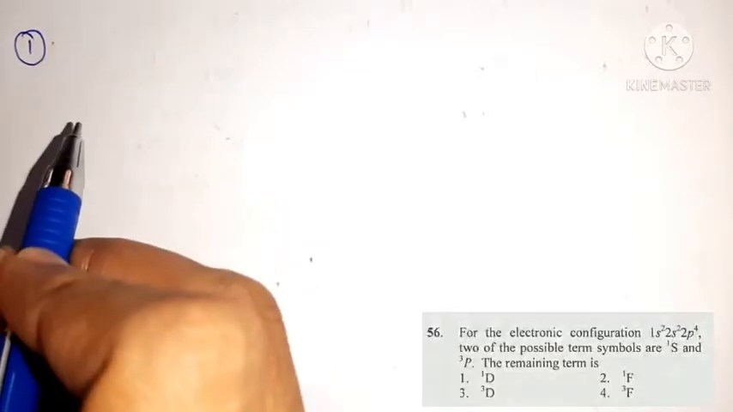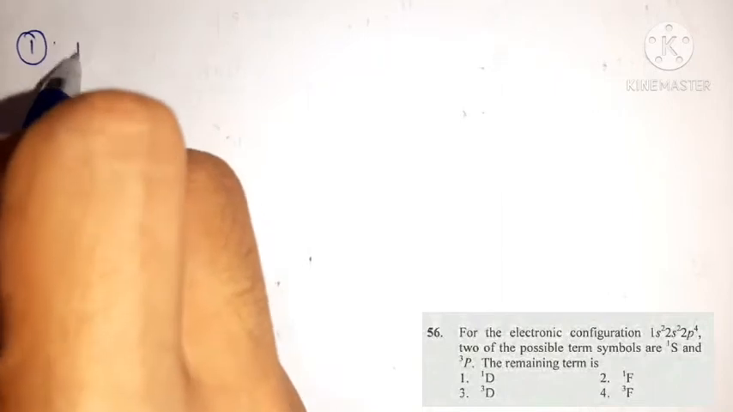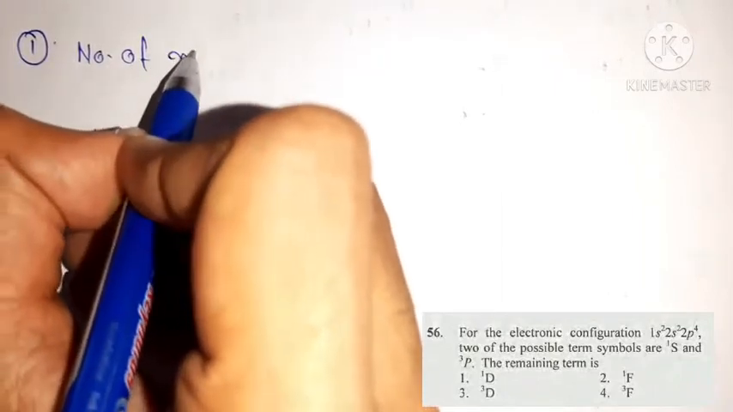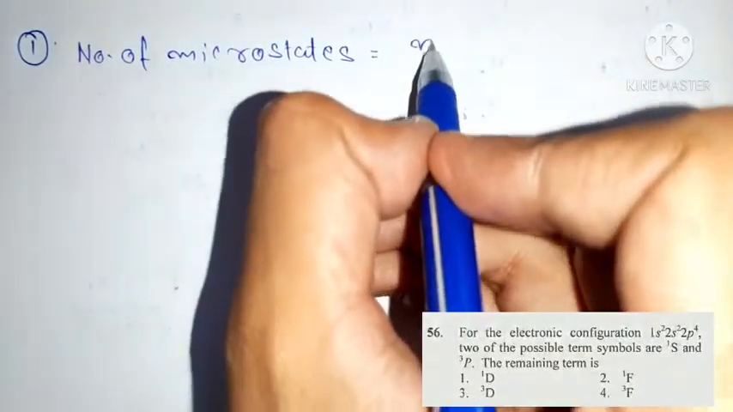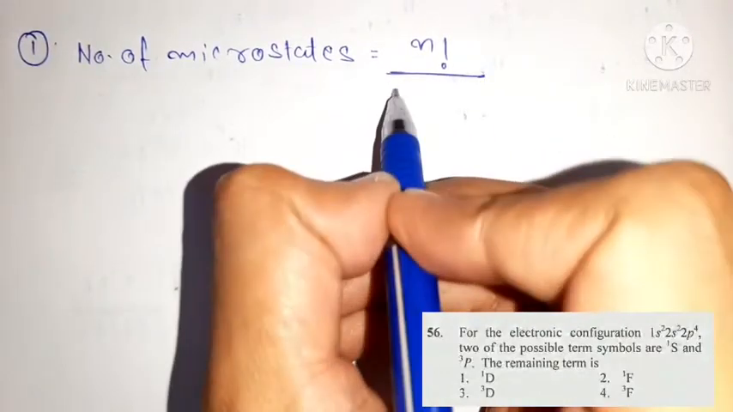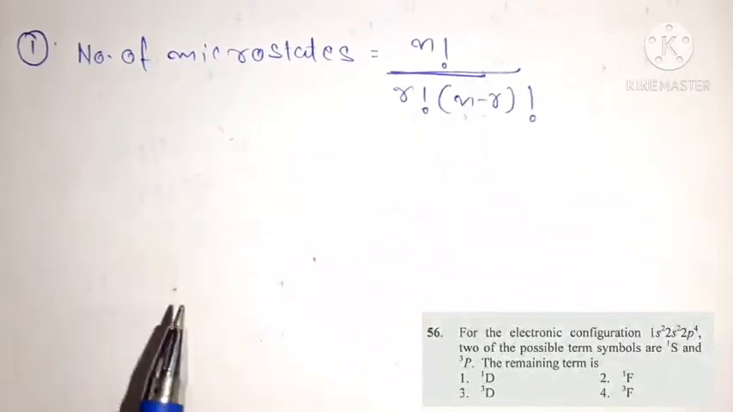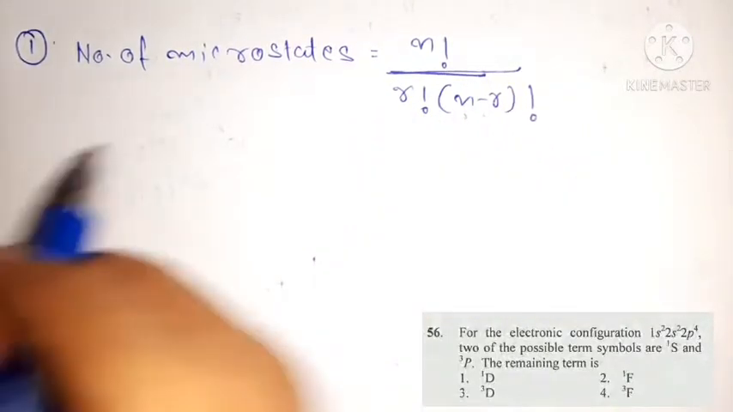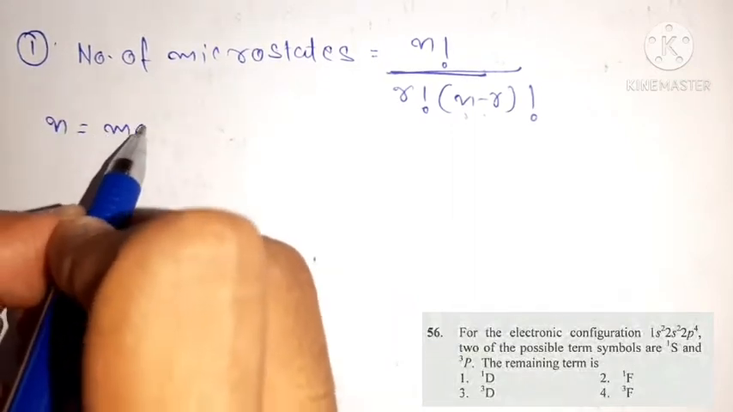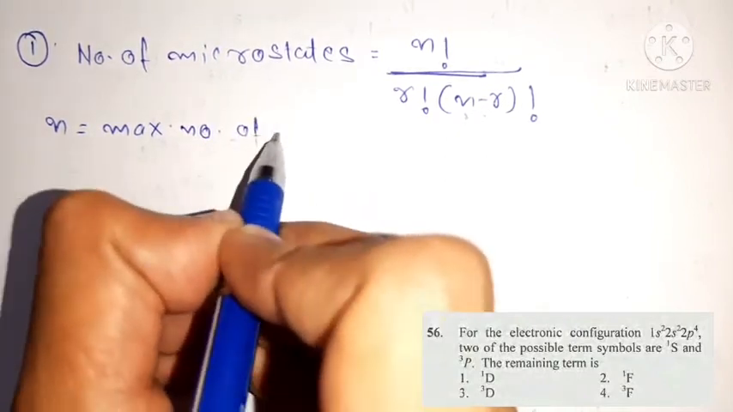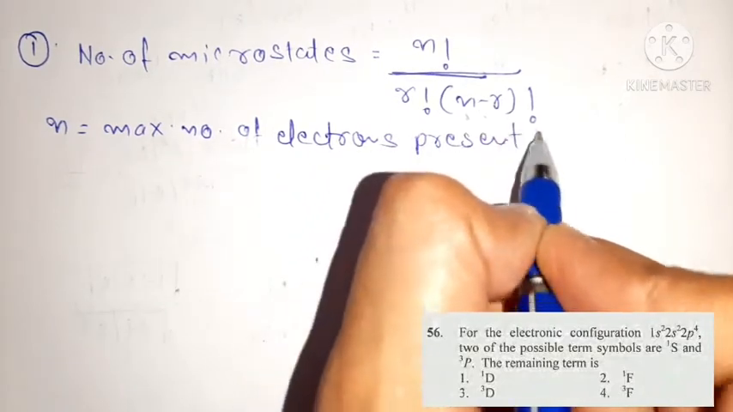Now see friends, first of all, you know the formula of number of microstates. Okay, so we have a formula for finding number of microstates, that is, the formula states that n factorial upon r factorial into n minus r factorial. Okay, this is a general formula for finding number of microstates, where n is equal to maximum number of electrons present in orbital,